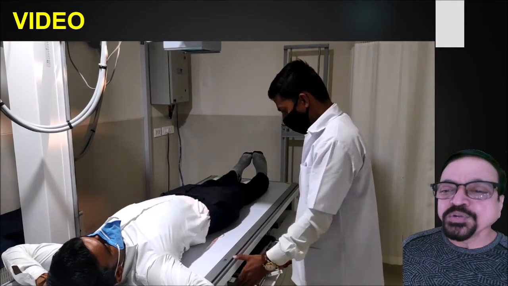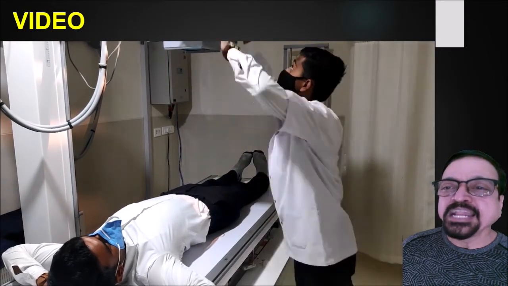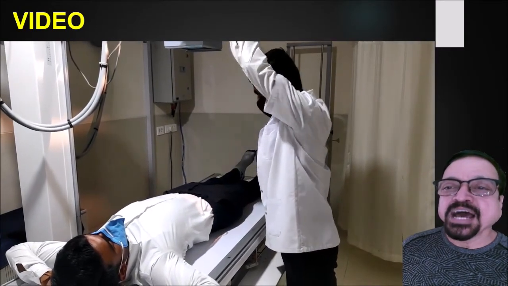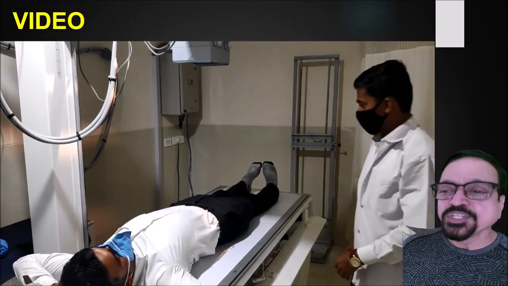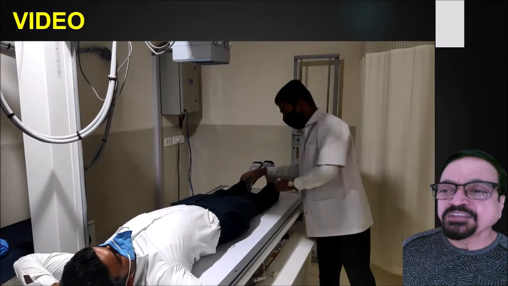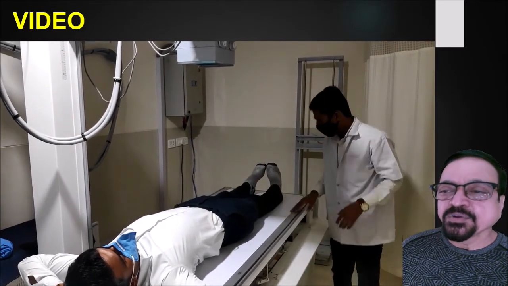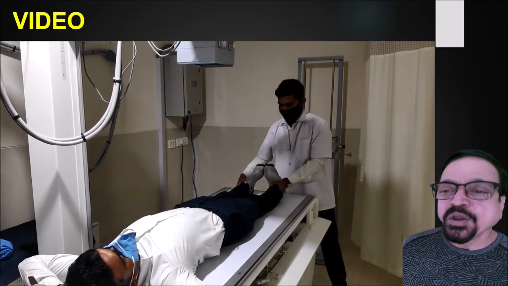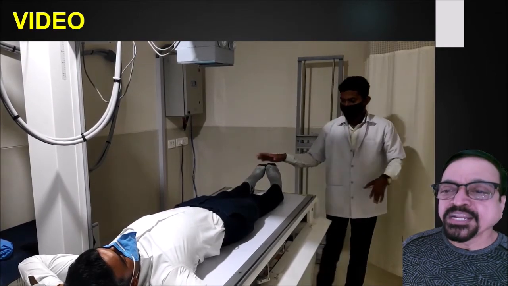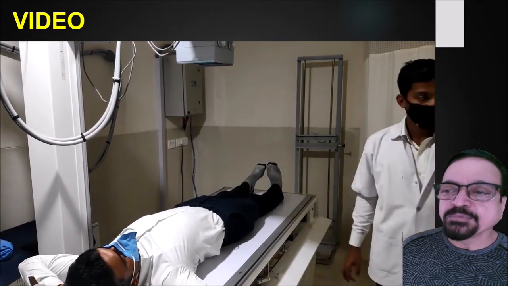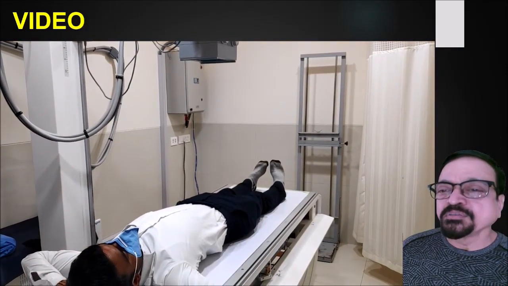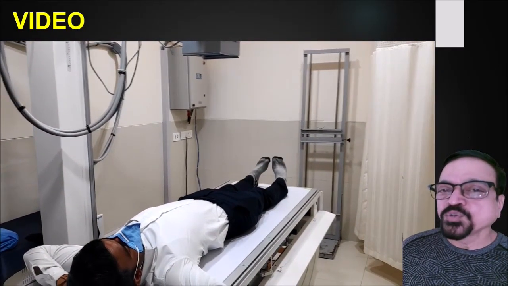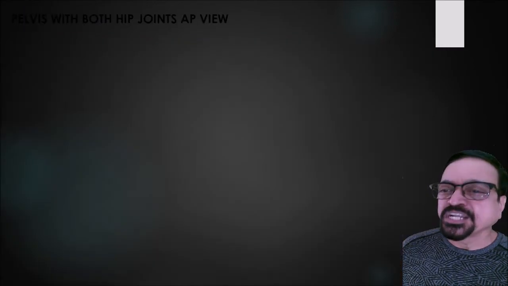As soon as you shoot here, the image will be displayed on the monitor, and whatever errors or difficulties there are, we can get them. So this position appears to be correct, but let us verify again. Internal rotation is corrected. You have to see the patient from the table's lower end so that you know it properly. Everything seems to be correct. So that is the time when the technician goes to the exposure room and exposes the patient.